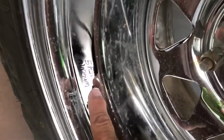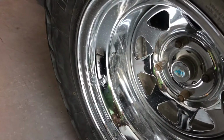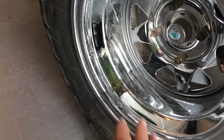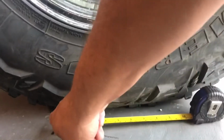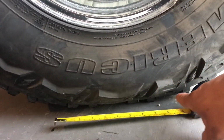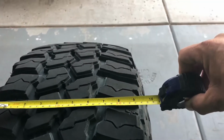the wheels down at 5 psi. It's hard to see, but I wrote it right there, 5 psi. Because this thing weighs only 1,100 and a few pounds, I can run 5 psi in these tires. It squishes, and I literally get a contact point of 10 inches from underneath there to underneath here. So I get 10 inches by another, let's see, exactly 10 inches. So I have a 10 by 10, that's 100 square inches of contact point that I get on that tire